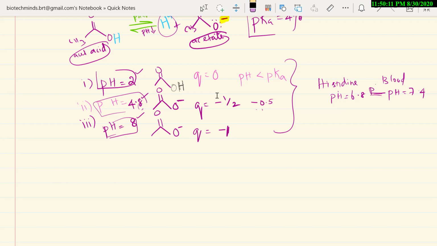Now this is the pKa value. You could not take acetic acid and add it to blood here. That will not perform here because the pH is more than the pKa value of acetic acid. What will happen? It will increase the pH, in the sense that the acetic acid H plus ions will be removed and added to blood. Then the blood pH will decrease because H plus ions are added into the blood. So if H plus ions are increasing, the 7.4 will become something like 6, and this will become acidic blood.